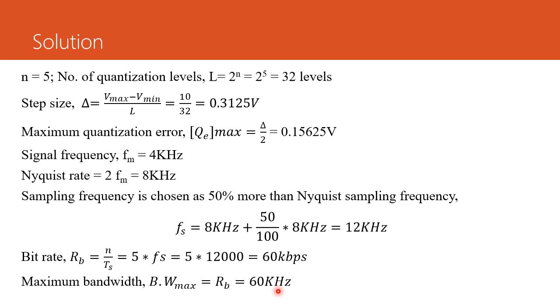So in this lecture, we discussed the pulse modulation technique. The pulse modulation technique can be classified into two, that is digital pulse modulation and analog. In analog, we discussed three different modulation techniques, that is pulse amplitude, pulse width, and pulse position. And in case of digital, we discussed pulse code modulation. In pulse code modulation, we discussed three different steps, that is sampling, quantization, and encoding. With the help of these three steps, we can convert an analog signal to a PCM code.